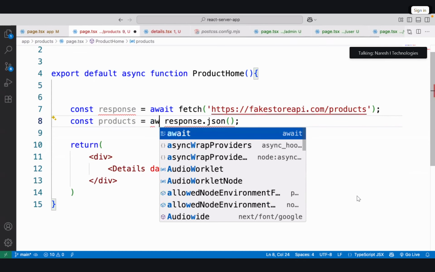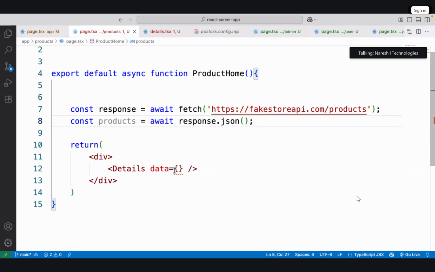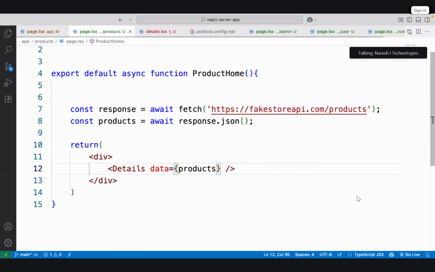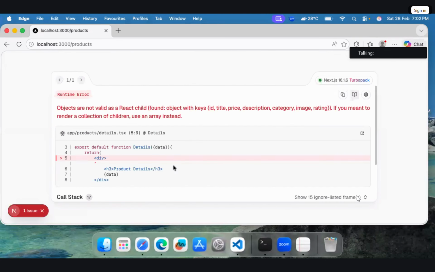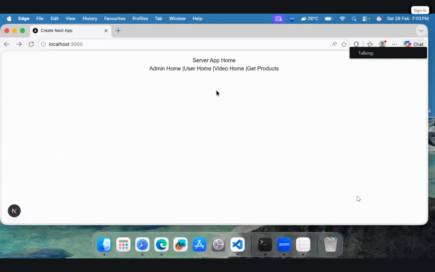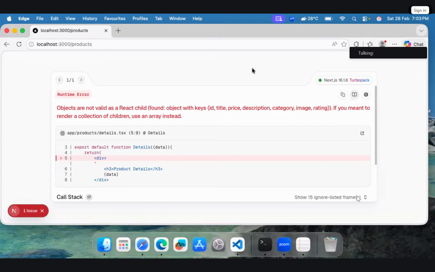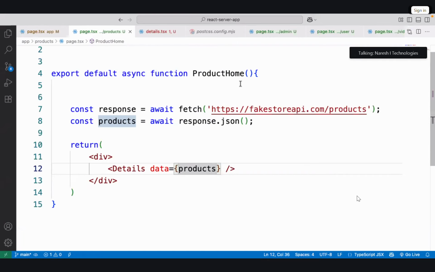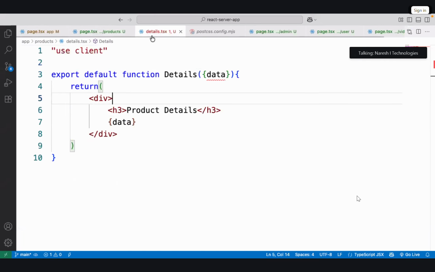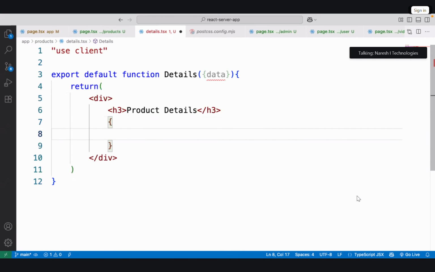Okay, I will use an await response. Huh? What is that? Products. And what we need to do, it is expecting all the data with these details. Okay, so what we will do in details, we will present it. What is that?